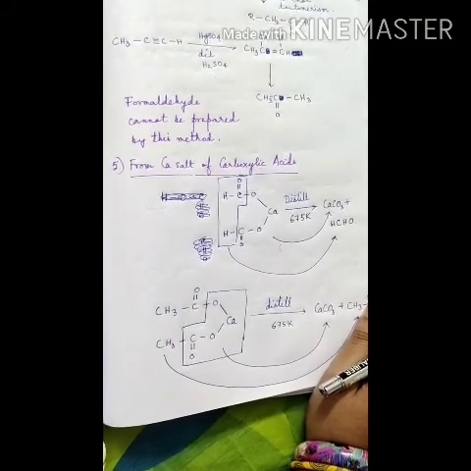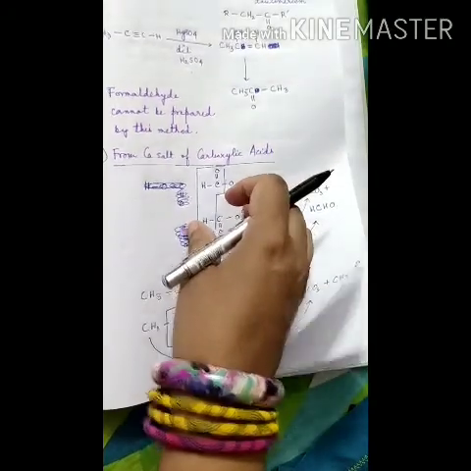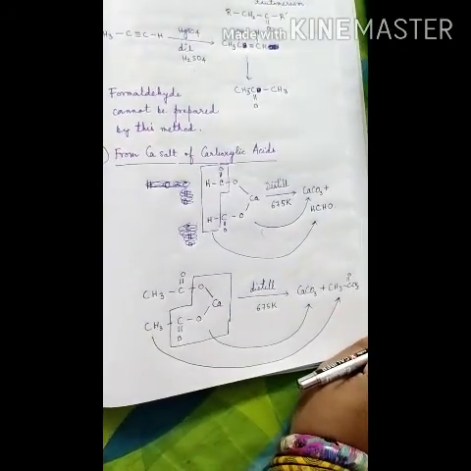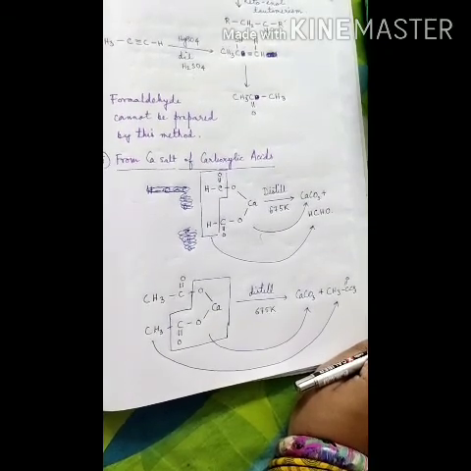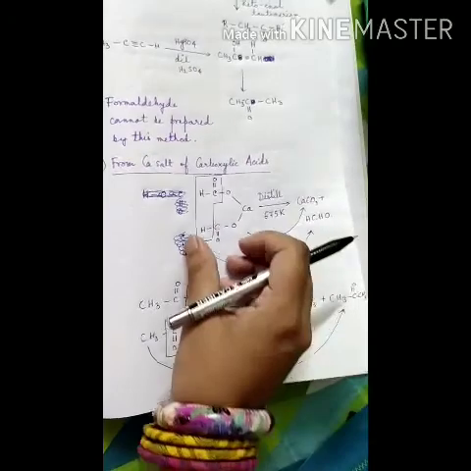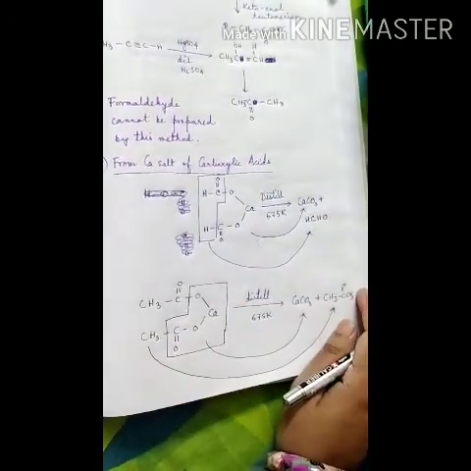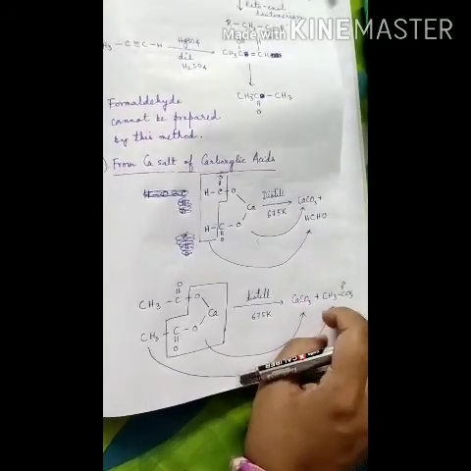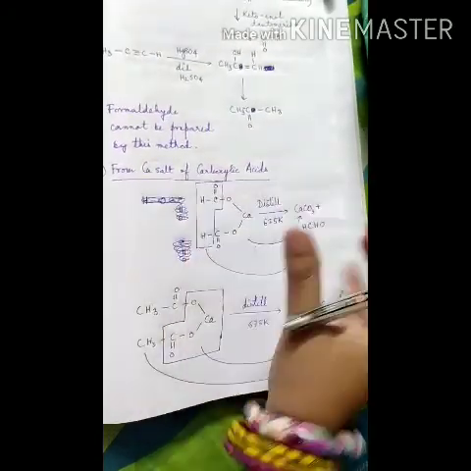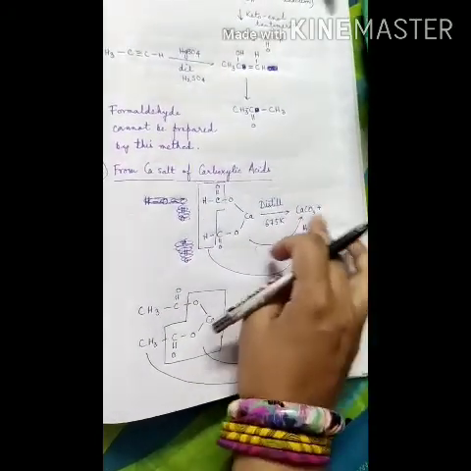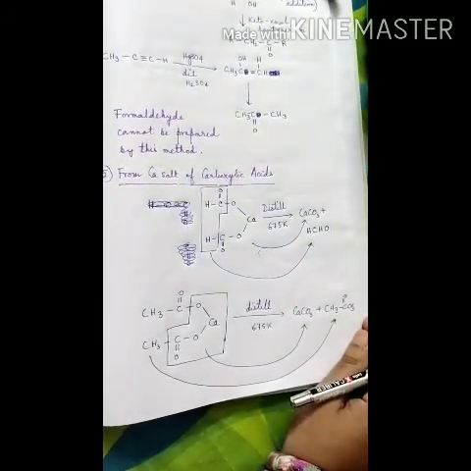But the problem is that in the reaction medium, only calcium formate or only calcium acetate is not present. There are large numbers of molecules of calcium formate and calcium acetate present. So the reaction between two calcium formate and the reaction between two calcium acetate may also occur, and we will get a mixture of formaldehyde, acetone and acetaldehyde. So generally it's better to use only one salt and do the distillation, and we will then get only one product. Otherwise, if we take a mixture of the two salts, then we will get a mixture of products.